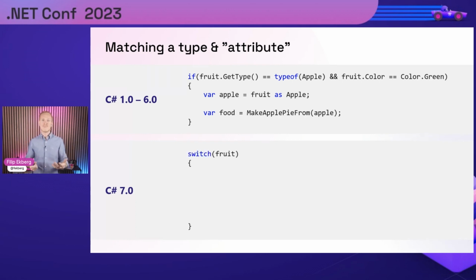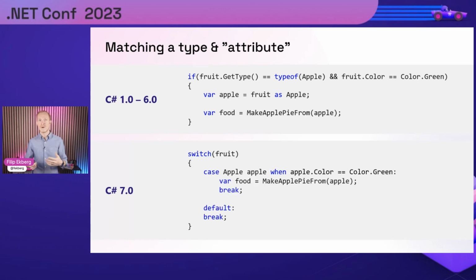The switch statement allows us to take an instance, and then each case could be the type that we are matching on. In this case here, I could say if the case is an apple, I'm going to capture this as the correct type. I can also apply a when expression or a when clause to say that it has to have a certain value, a method call has to return true, or something like that. But I don't have to do any typecasting myself, which is kind of the fundamental piece of pattern matching. It allows me to say that based on this instance, I'm going to do something, and I can use that